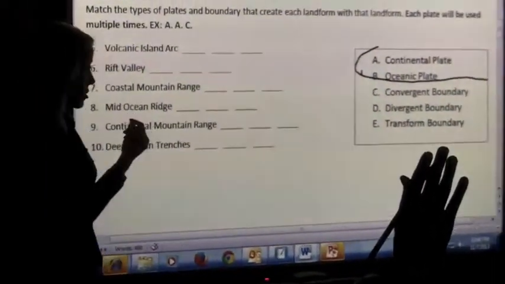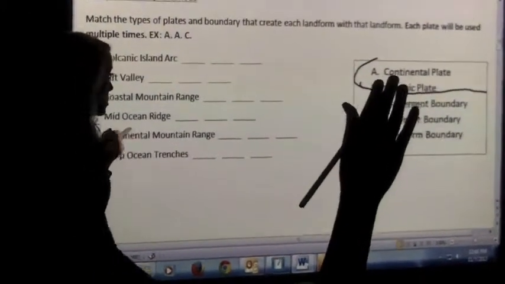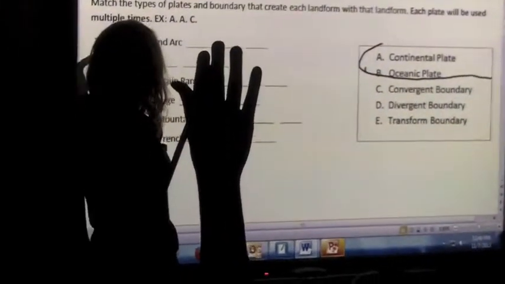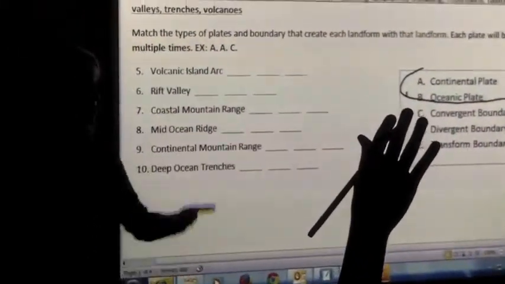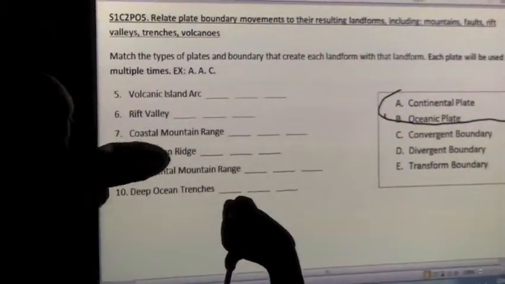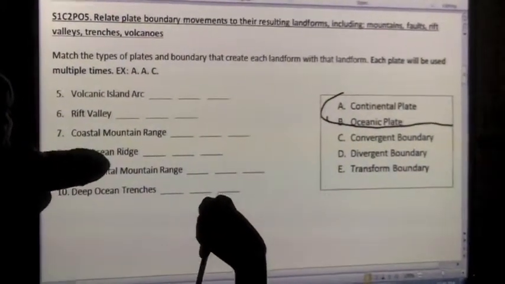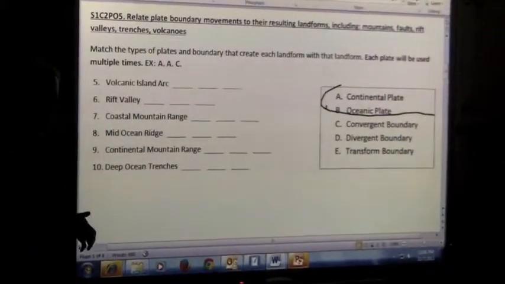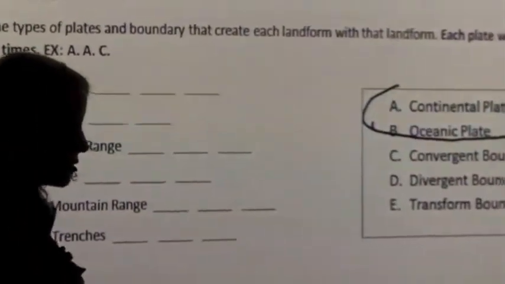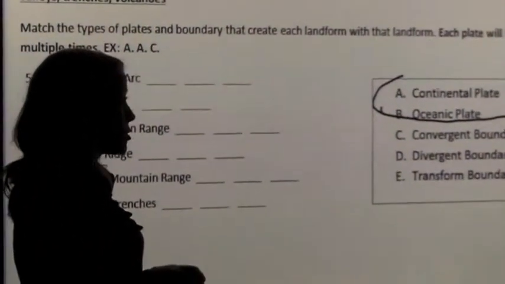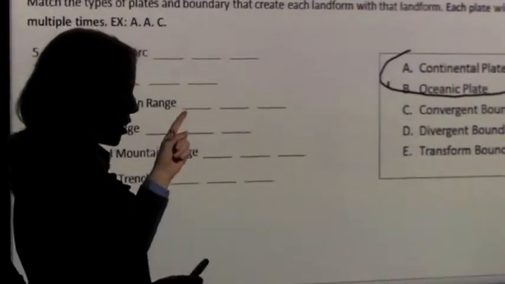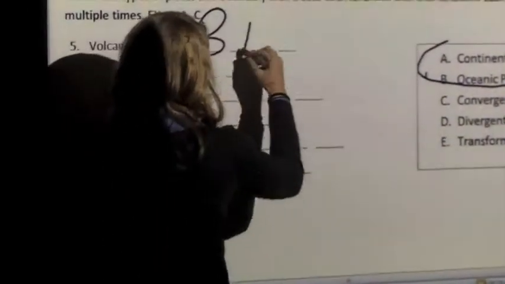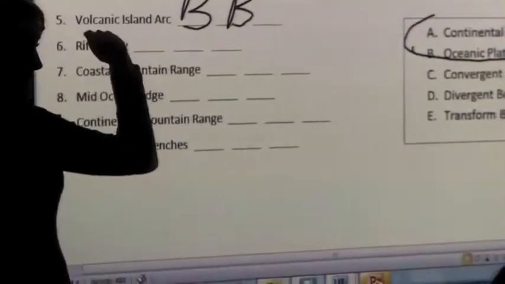Did you want to try again? Continental. So a continental plate and which else? So you think it's oceanic and continental are going to form these island arches. All right, let's vote. Do we agree or do we disagree? Okay, someone who disagrees. Denise, why do we disagree? What do you think it is? Because oceanic is what makes volcanic island. So is it two oceanic? Is that what you're saying? Yes. This is correct. It should be two. So it should be B, B. Because I know those are the two plates that are involved.